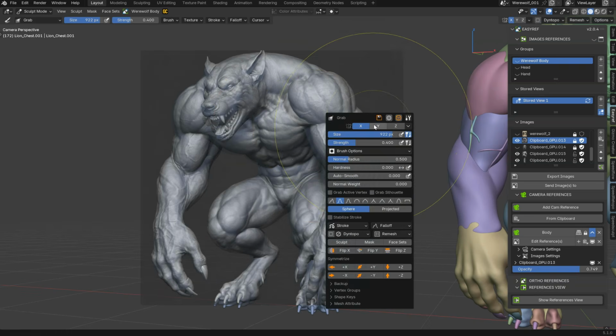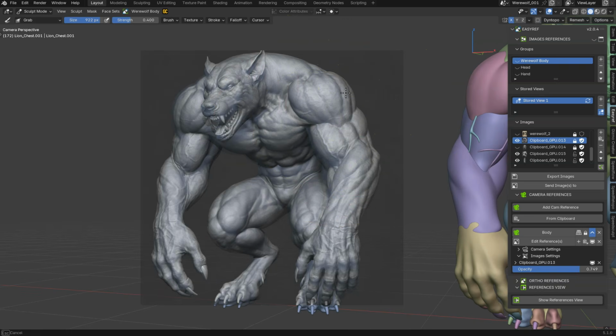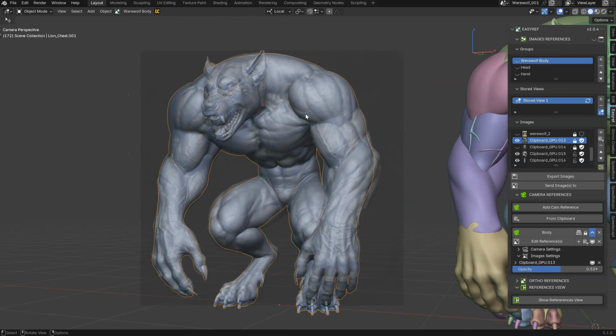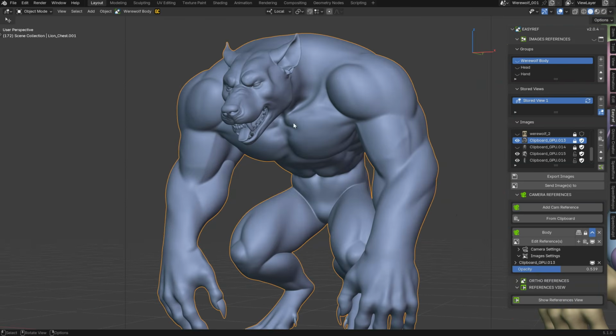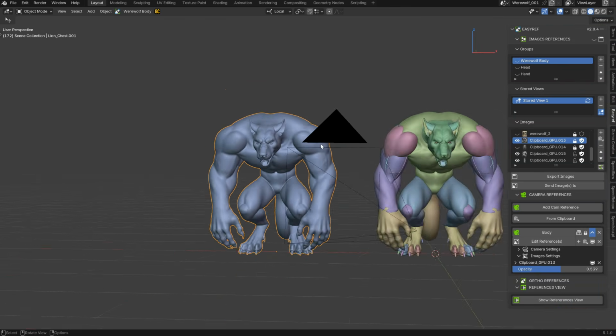Just to show you, I will have the x-axis activated, and let's just decrease this and edit my character to follow this reference. This is just to show you what I can do, like that, etc, etc. Okay, and I can exit this camera, I have my character, etc, etc.